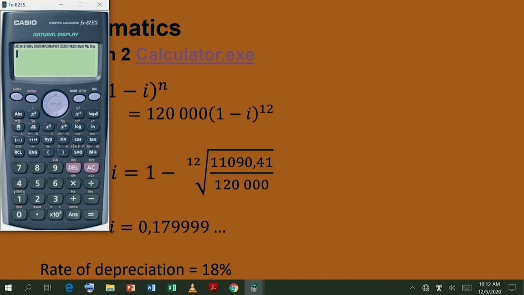There we have 1, so we type in 1, and you say minus the 12th root. Now, I want you to see what you do on the calculator. You press shift, then you see x to the power of whatever gives you the root sign, right? Then you type in 12, use the arrow sign to the right, then press the bracket button, and now you can say